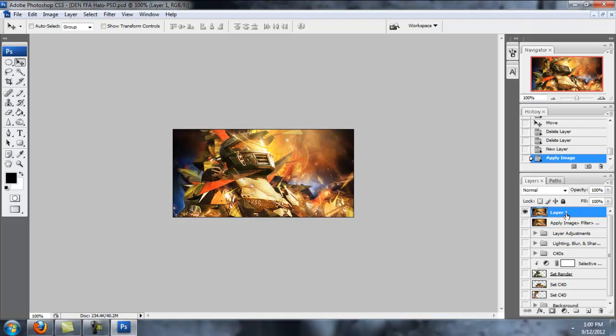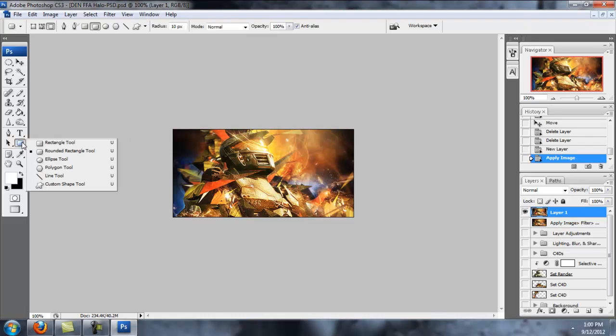Okay, so now that we did that, I'm going to use white so you can see it since there's a lot of black in this tag. You're going to take this tool, which is called your rounded rectangle tool, and make sure this box is checked, make sure this shape is checked. The radius, you're going to set anywhere between 10 to 15, mode normal, opacity 100. You're going to make a new layer,